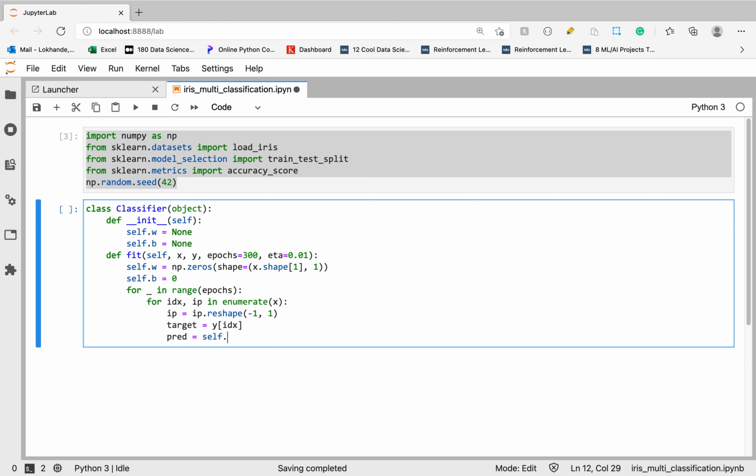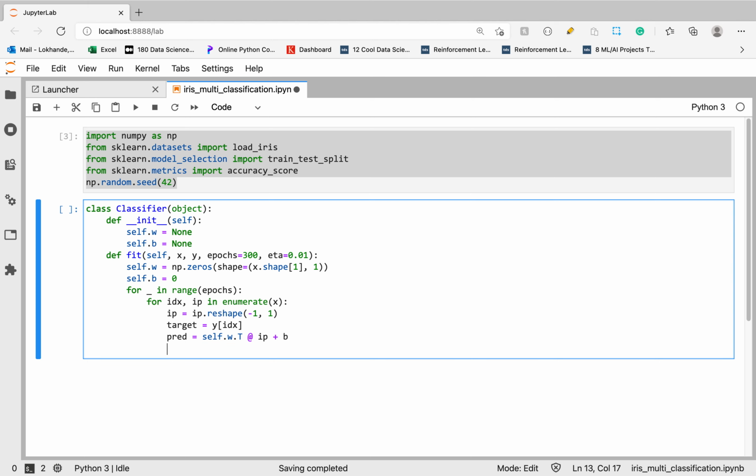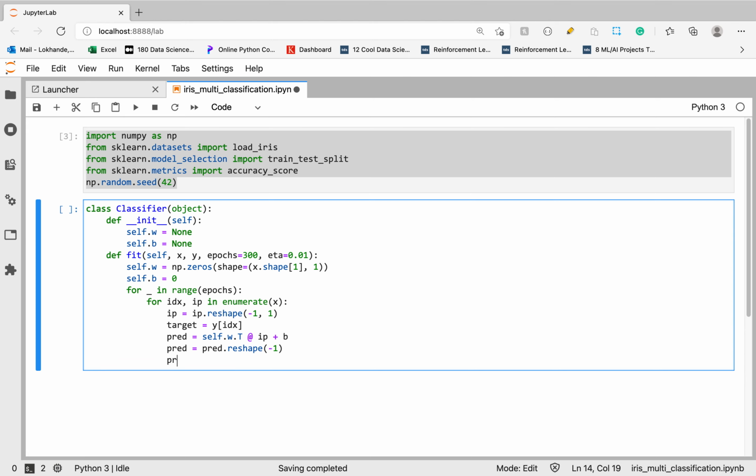So self.w, and @ is a shortcut for dot product in numpy. We need to take a transpose @ input ip plus bias b. Then let's reshape it to one dimension and extract a value.